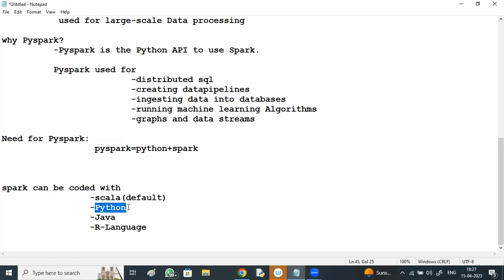But now currently 60% of the industry is going with Python and 40% with Scala, because of Python's modular programming and modules, which you won't see in Scala. Because of that, Python usage has grown, especially for machine learning.